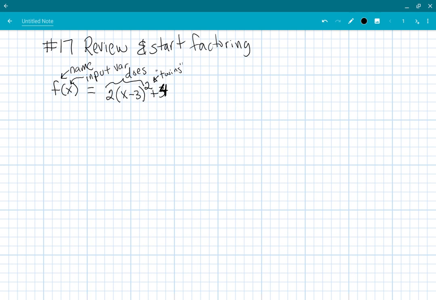Anybody agree, disagree that this is in factored form versus standard form? I agree. You agree? Okay. Anybody disagree? All right. Some of you might have your notes nearby. And let's see. What number can I slide into the x to make that -3 disappear? To make it become +3. So then if x equals 3, then you're going to have